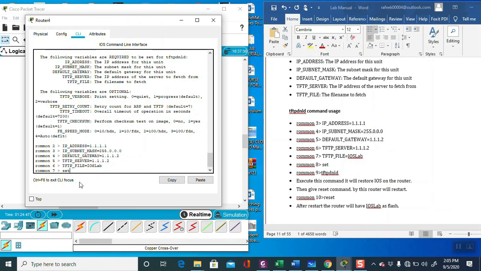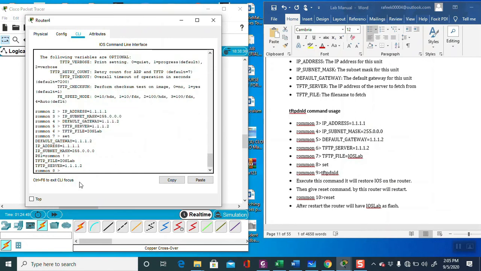So just write the set command. PS1 and TFTP IP, subnet mask, TFTP file name iOS.